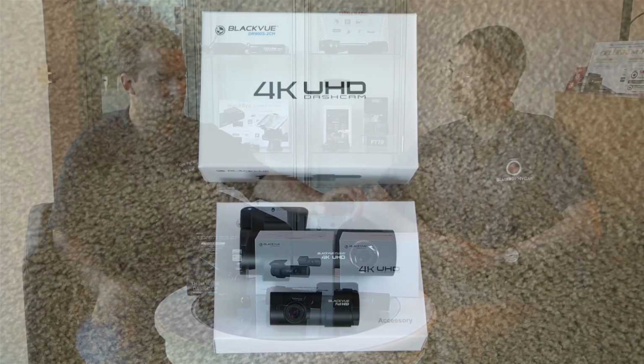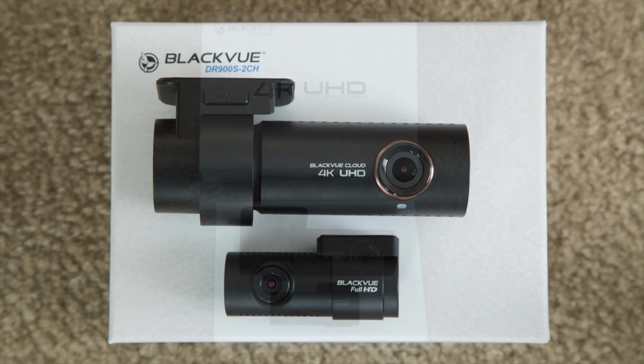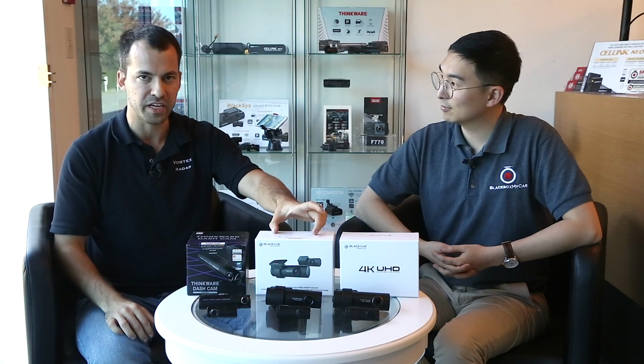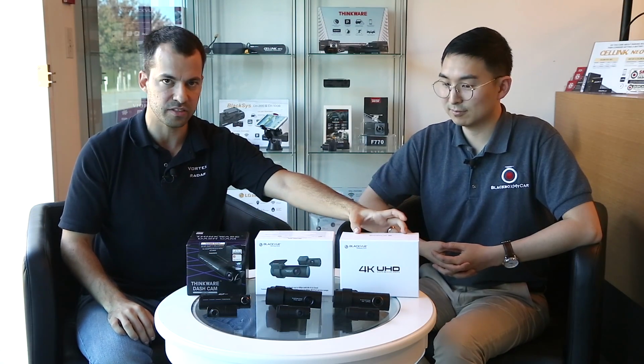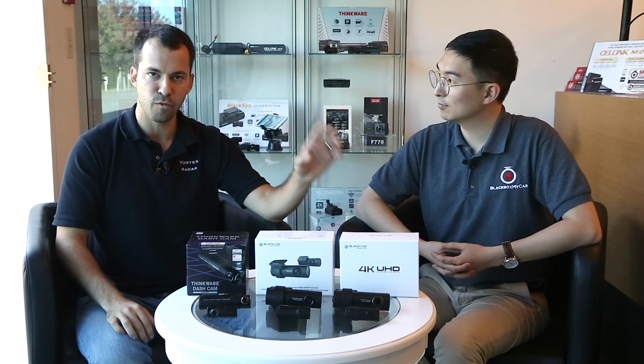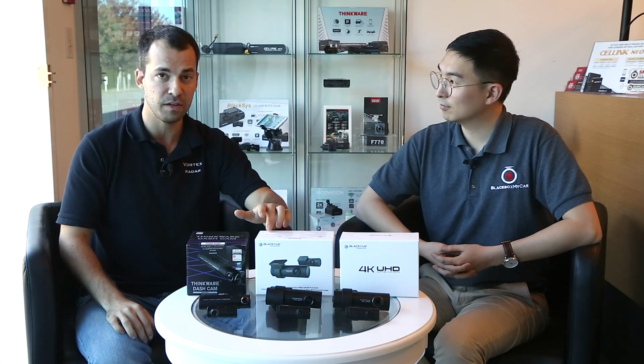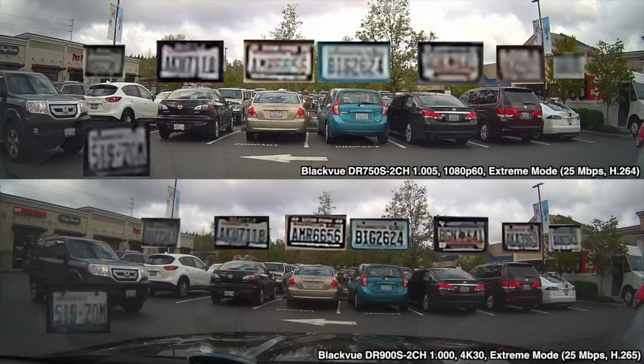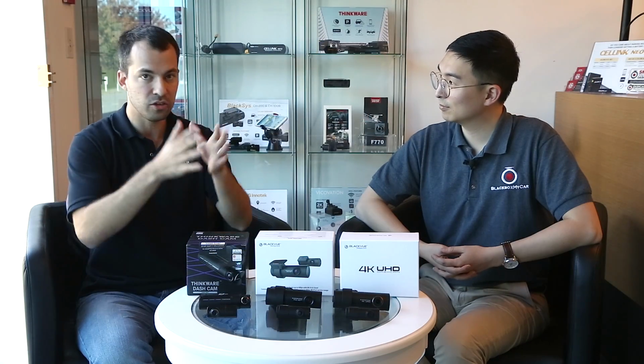So this is pretty much the top of the line dash cam, I would say. It's my dash cam of choice. It's the one that I run in my car. It's essentially the DR750S, but it's got a new sensor inside, and so it actually records at 4K for the front camera. So 1080p for the rear, 4K in the front, which is awesome because you get so much more detail that it's able to capture for license plates or people's faces,